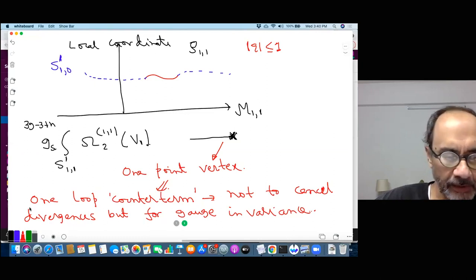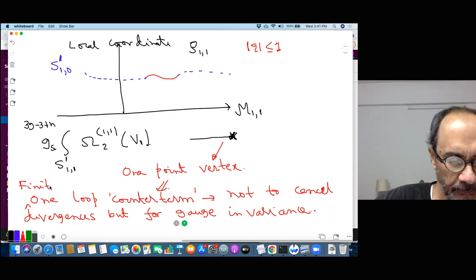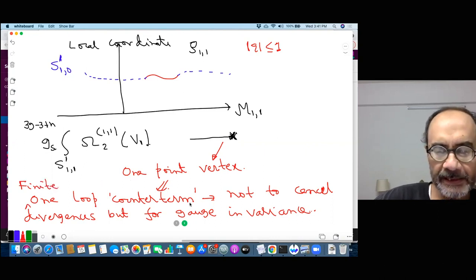So this is a finite counter term. Let me write this explicitly: a finite one loop counter term. And the way we see that this is needed for gauge invariance, at least from the practical way,